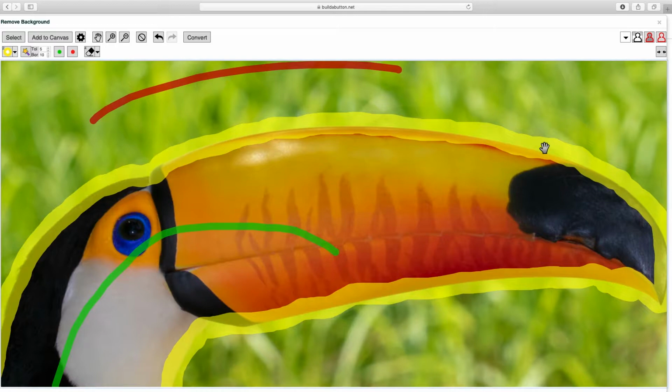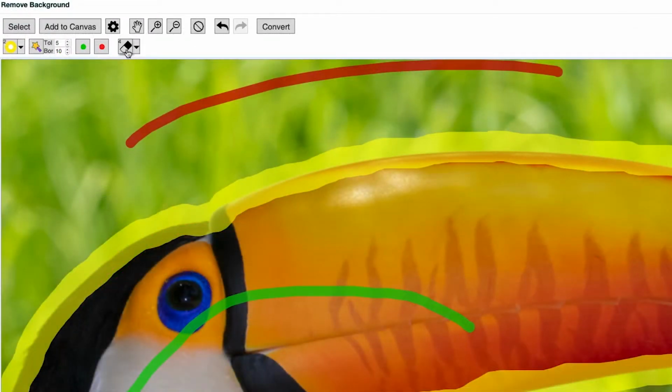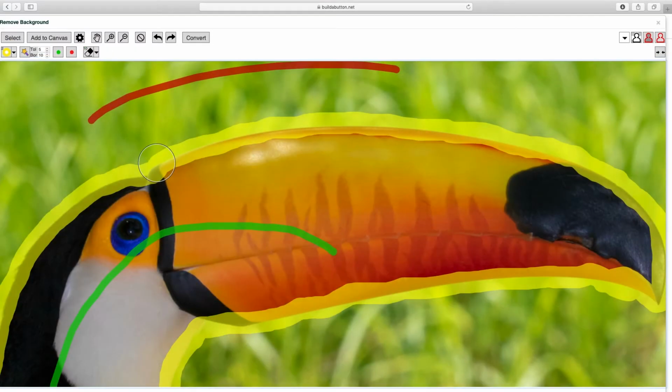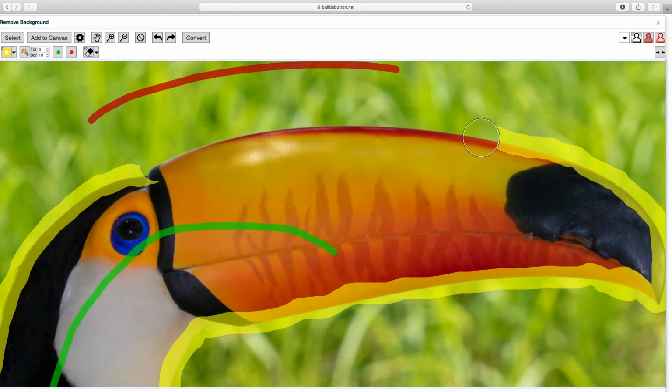To get started, I'll first erase the existing highlight there. So I'll choose the Eraser tool. Note that you can adjust the size of the eraser with the pop-up. I'll go ahead and use the larger size to make my work here a little bit quicker. And then I will paint over the area of that edge that I need to correct, just using the eraser to erase that yellow highlight so that I can paint once again at a smaller